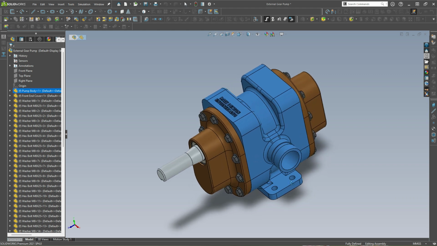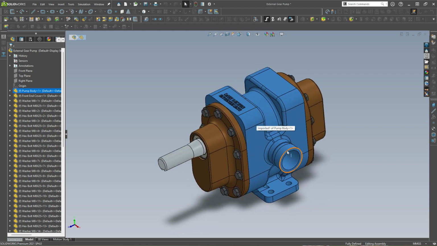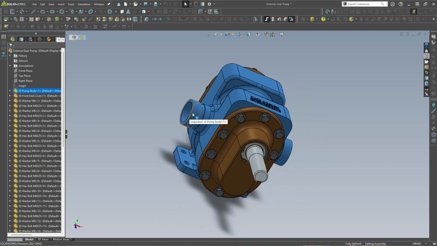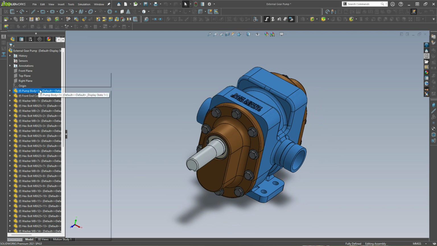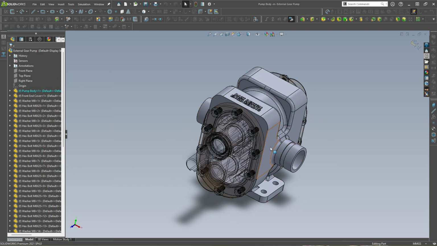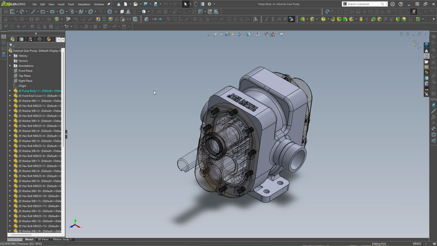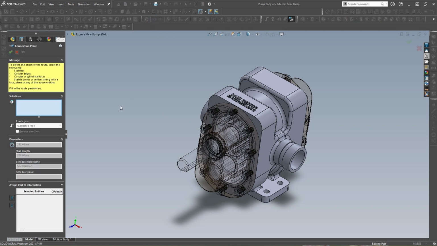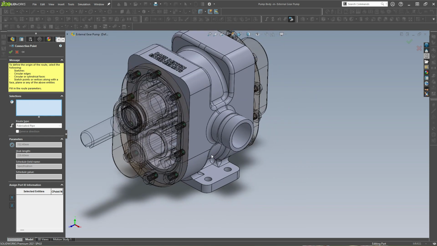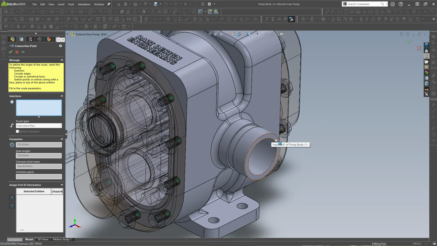In this case, the pump body contains the suction port and the discharge port. So I want to add these two points as the connection points. First, go to edit part, edit the pump body, and then in the upper toolbar here, click on create connection point. In the selection box, you can select the flat surface of the suction port